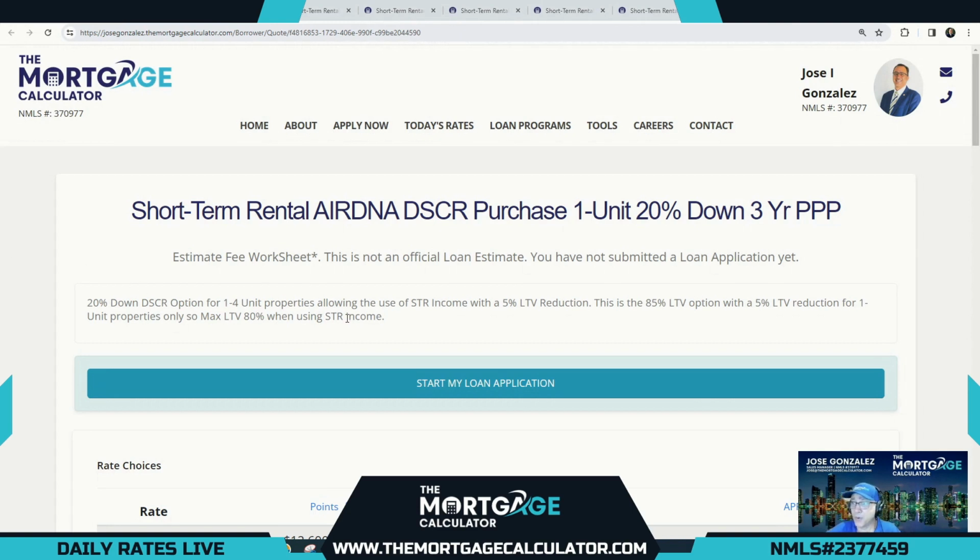So in this example, the pricing that you're going to see here is the pricing for 85% LTV. And then I adjusted the loan by 5%, reduced it by 5%, but it is the 85% DSCR pricing, which